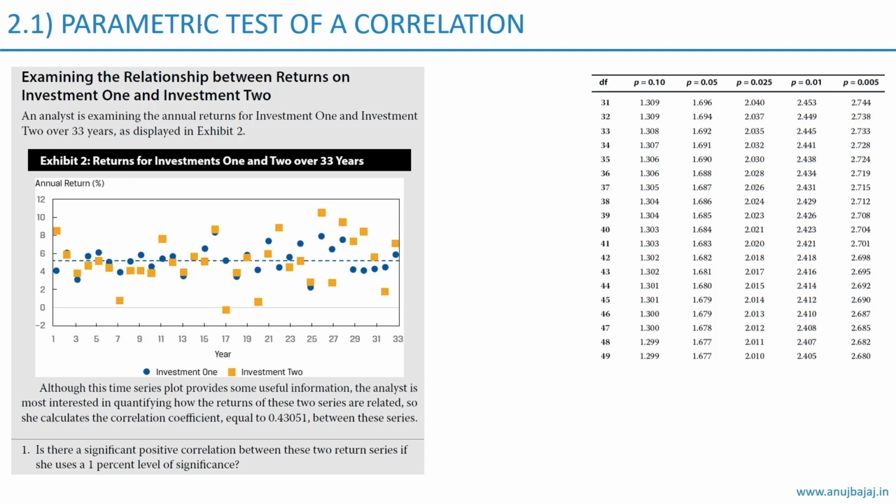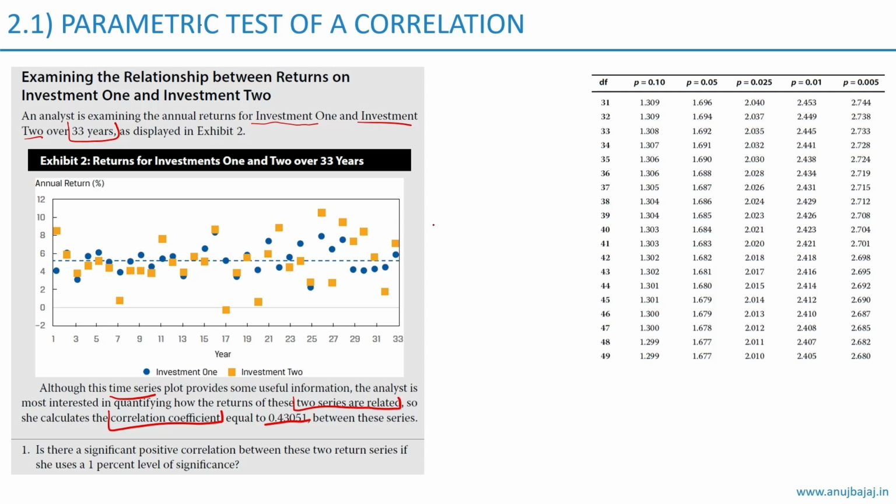Let us solve the following example. An analyst is examining the annual returns for investment 1 and investment 2 over 33 years. So this is the exhibit of the returns of two investments. Although this time series provides some useful information, the analyst is most interested in quantifying how the returns of these two series are related. So she calculates the correlation coefficient, which is equal to